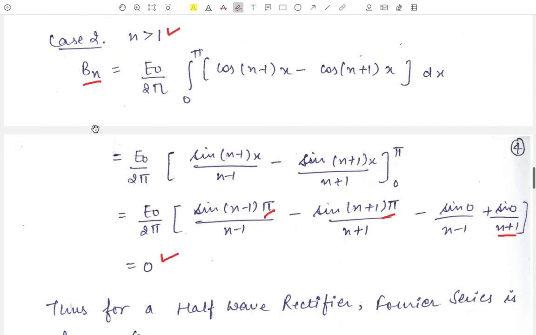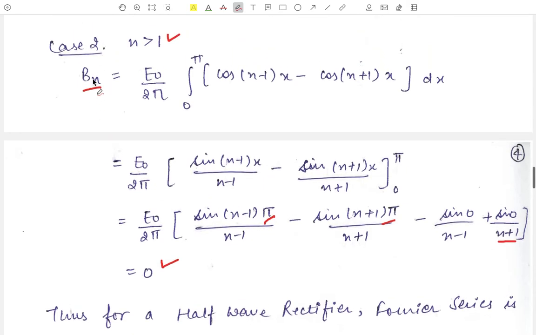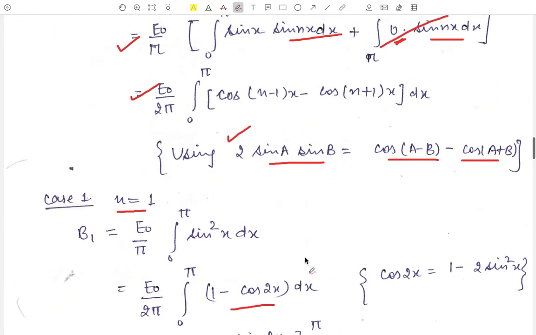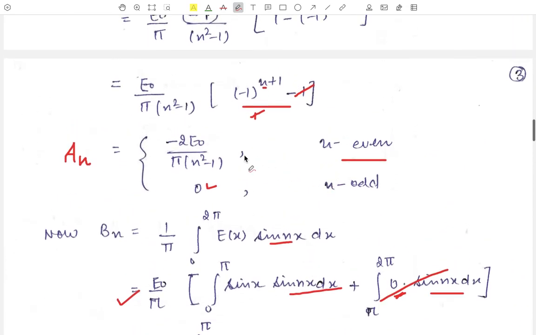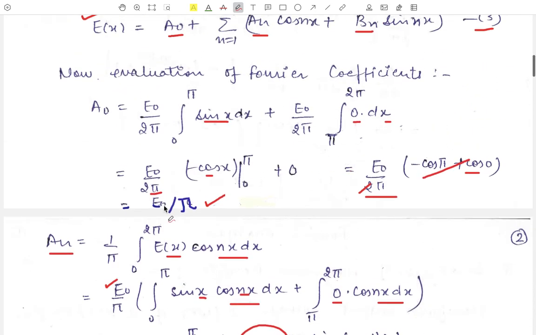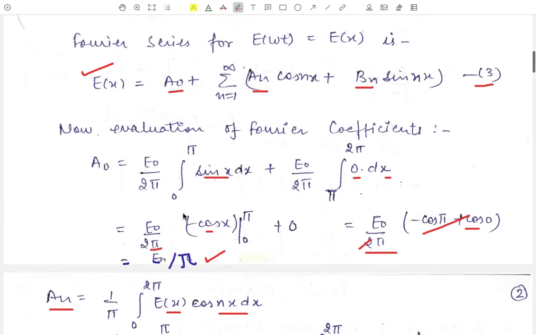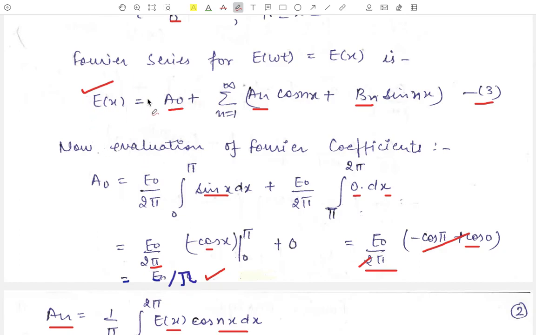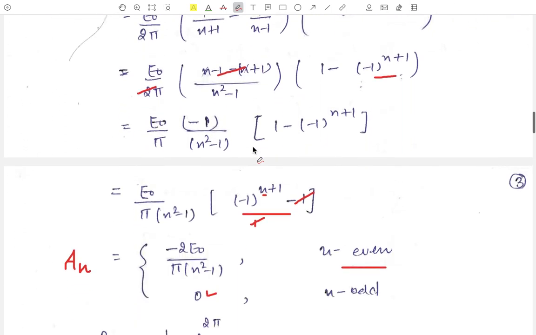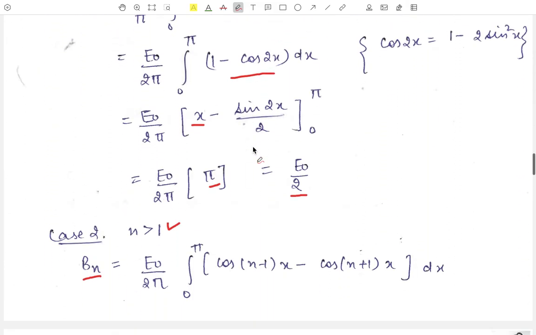Now using all these values in the above third equation: the value of bn is equal to 0, the value of b1 is E naught upon 2, the value of an gives 0 for the odd values of n and some value for the even values of n, and the value of the Fourier coefficient a naught is E naught upon pi. All these values we will put in equation number 3, a naught, b1 and bn, and we get the value of the Fourier series for the half wave rectifier to be equal to